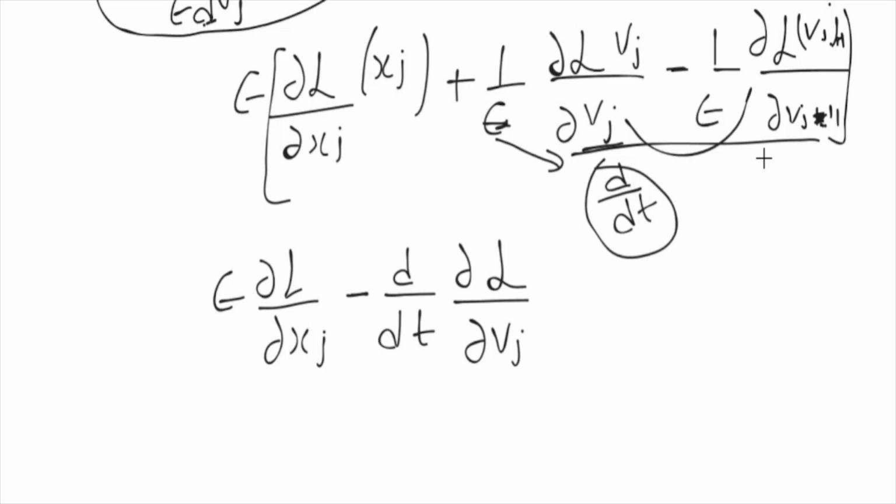This is the derivative of Lagrangian with respect to velocity, and this is the difference of two functions. This is one function, this is one function at two neighboring points divided by epsilon. And what is the difference of two functions? These are two functions divided by epsilon. As epsilon is very small, it is just the derivative, and that's why this can be written as d by dt.